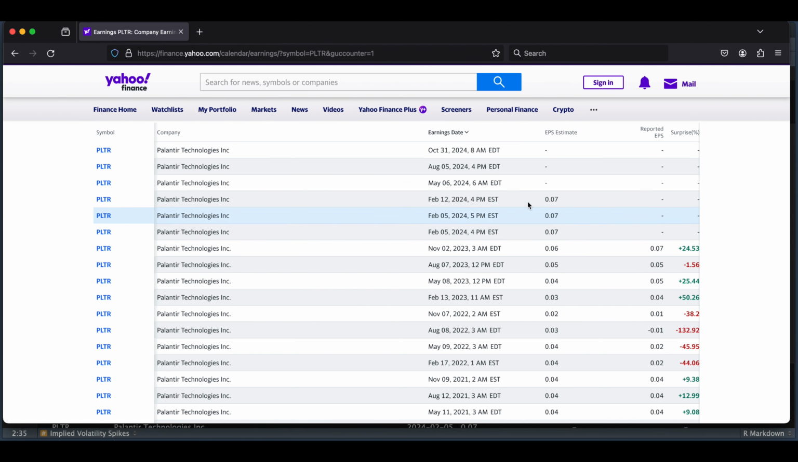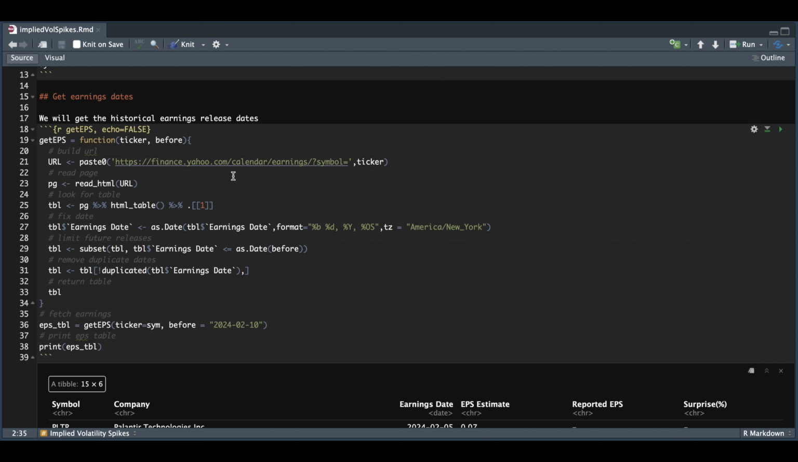And we also get some dates into the future, but I want to scrape this table to get the earnings dates. So back in our script, we're going to pass in this URL. We're going to read the page, extract the table, format the earnings date, and we want to limit the future releases. So in one of the parameters, we're going to insert a date and get all the earnings releases before that date, and remove any duplicates in case there's multiple iterations for any particular earnings date, and then return that